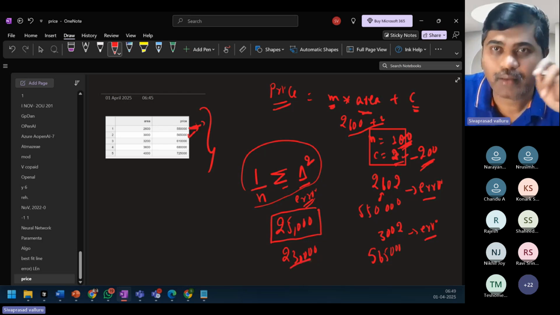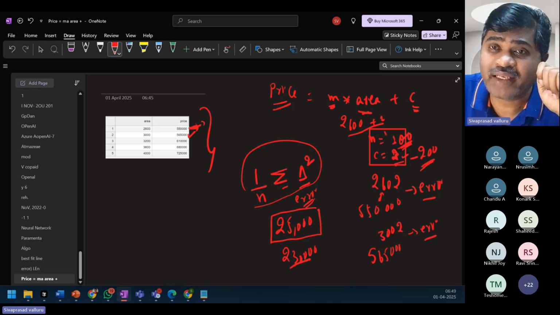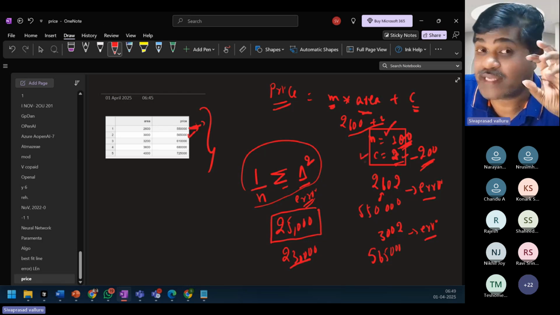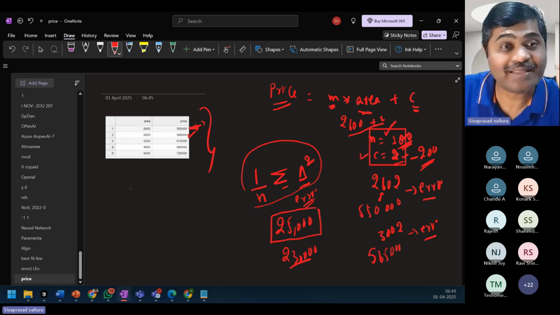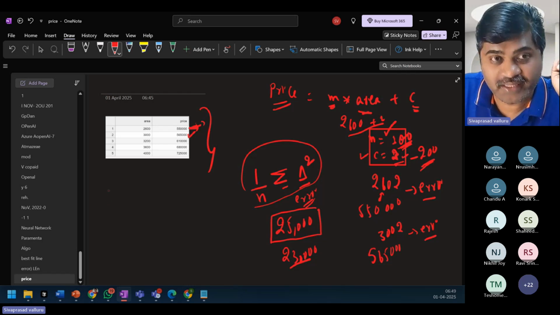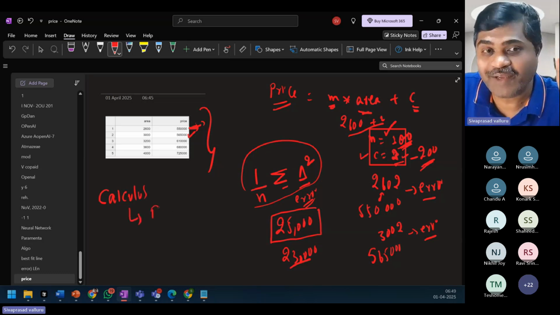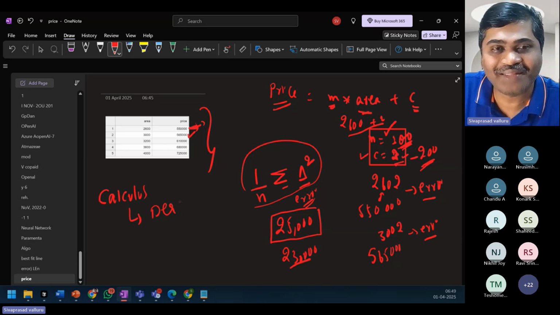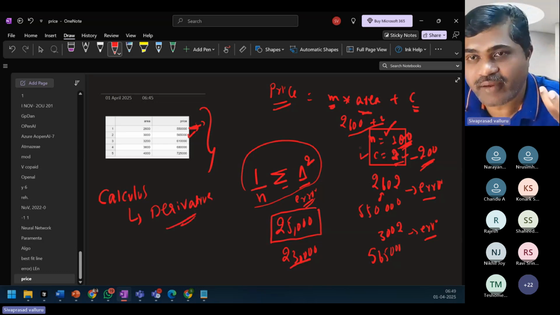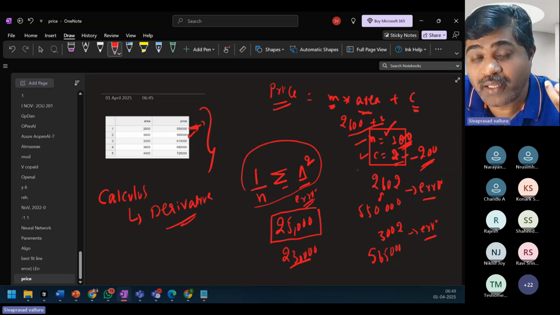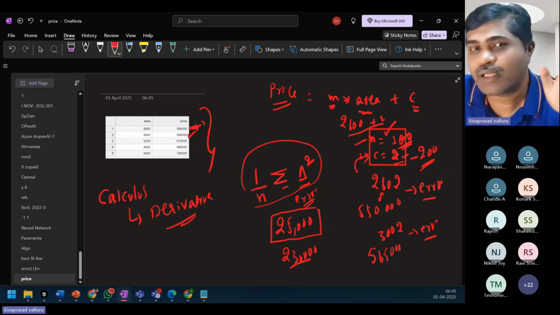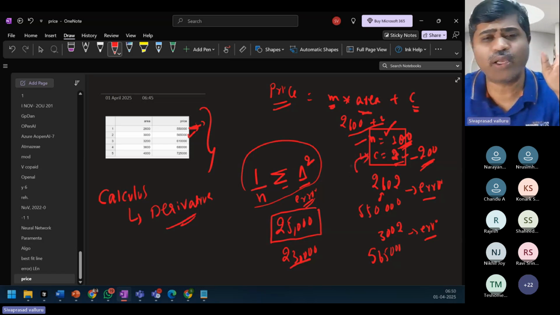So like that, the algorithm has to adjust the values of m and c and calculate the mean square error. Now you may ask, how does the algorithm adjust these values? There is some mathematics behind the scenes, and internally they use calculus. I hope everybody knows derivatives from 11th or 12th standard. The algorithm internally uses derivatives, and we don't want to go into that.